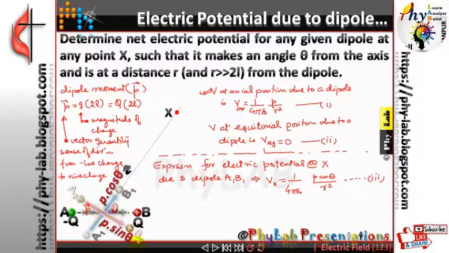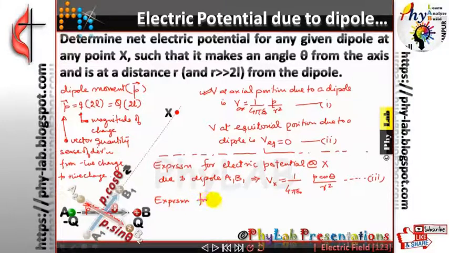So now you can see that A2B2 is another dipole whose dipole moment is P sin theta, and for this particular dipole point X happens to be lying on its equatorial line, because friends, this now happens to be the axis of the dipole. Can you see this line? This becomes my axis of the dipole A2B2 and this X is lying on the perpendicular line of A2B2.